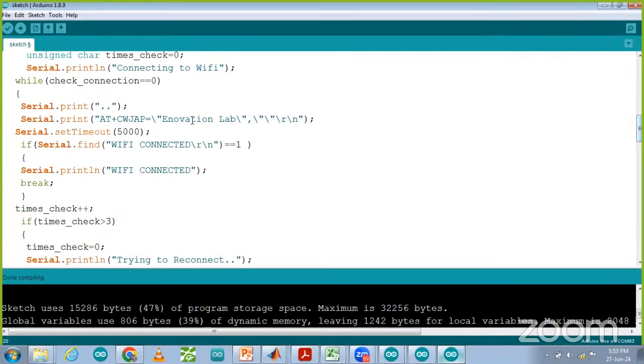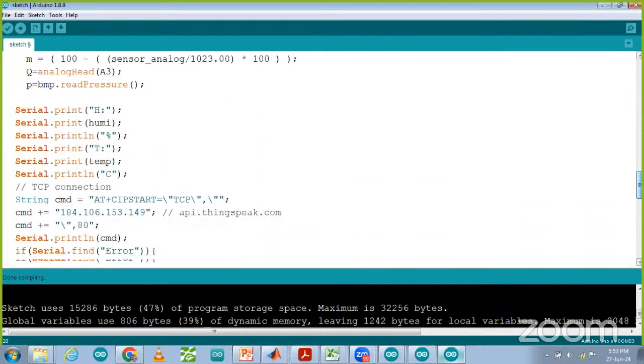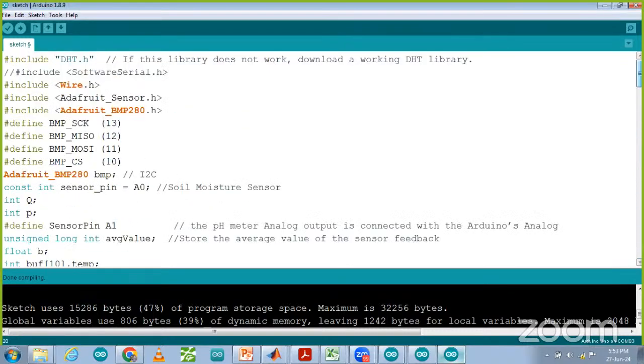So this one is the hotspot name. We have to create it. So we have to connect with the available internet when we are going to run it on the hardware. Okay. All other things are the same. So then after that, what we have to do, we have to upload this